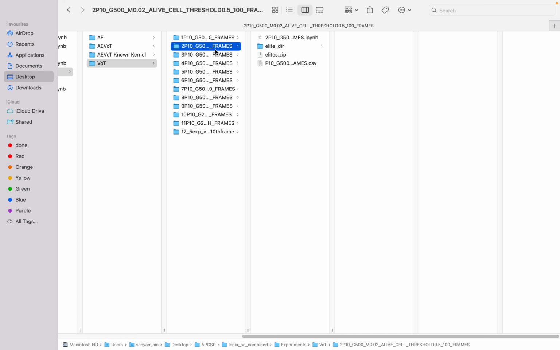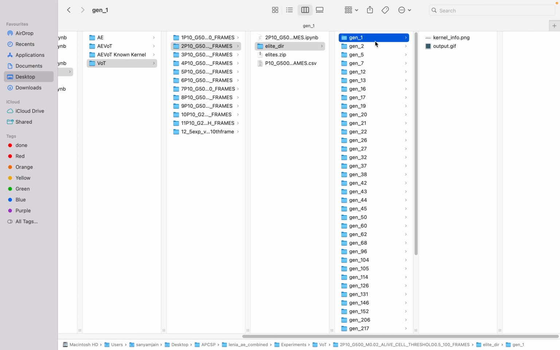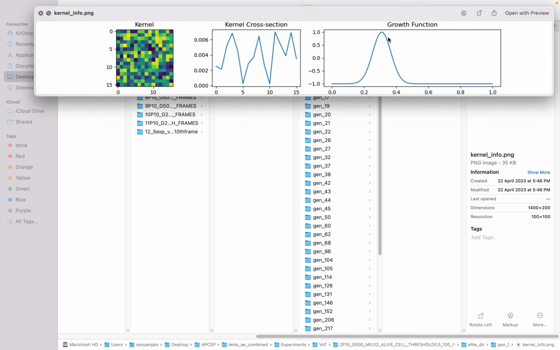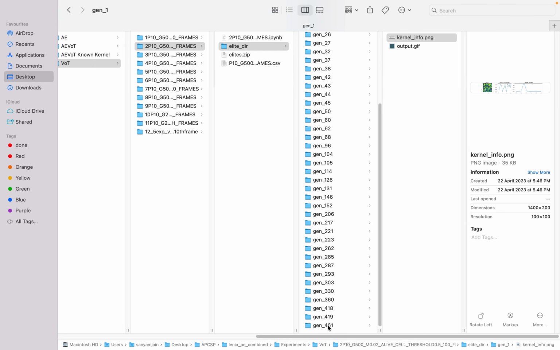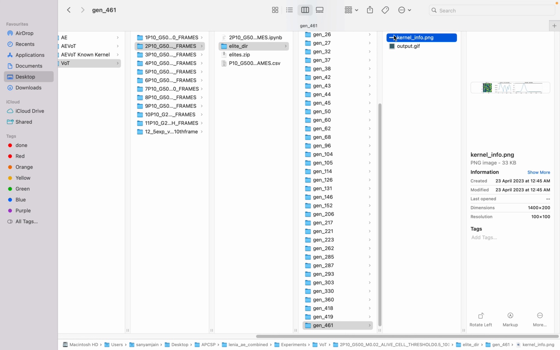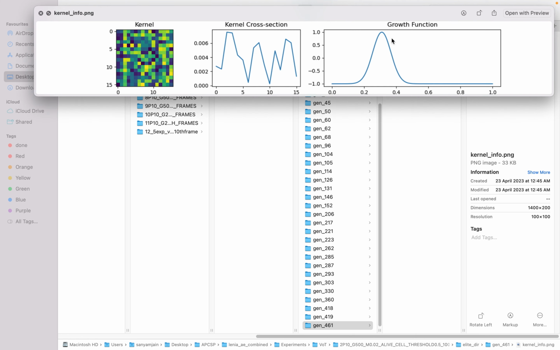Then we have the configuration of 0.5 and 100 frames, which shows the output like this and has a kernel like this. Maybe the output at generation 461 looks like this. However,